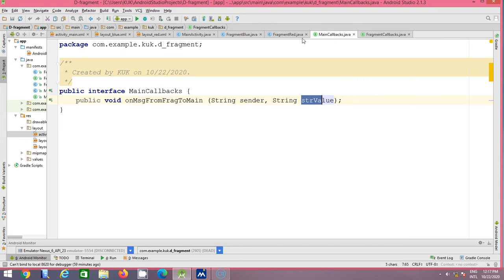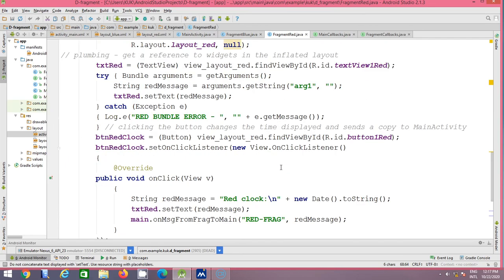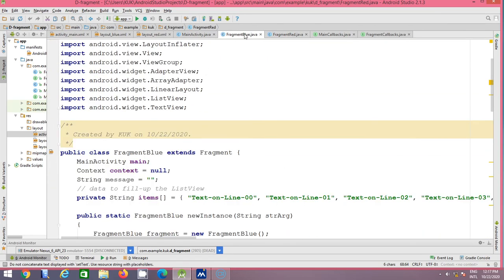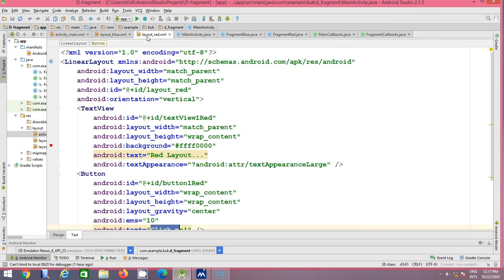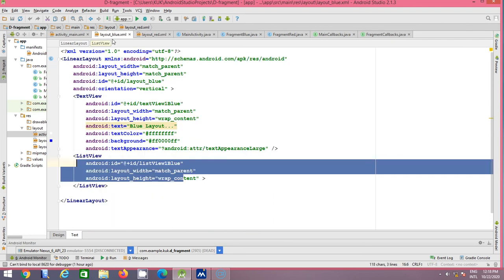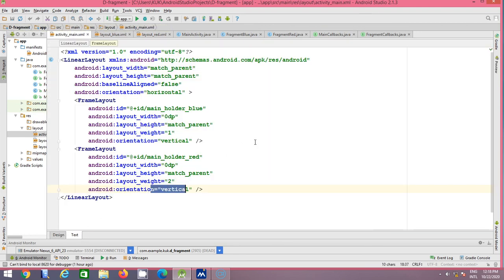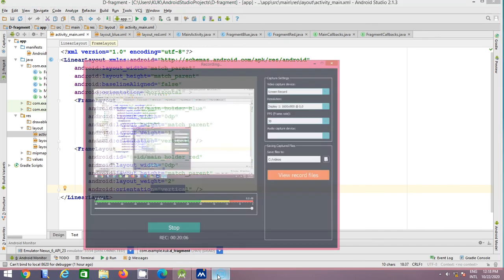So this is the coding of your red fragment, blue fragment, main activity, layout files, and blue and main activity. So I think that part is